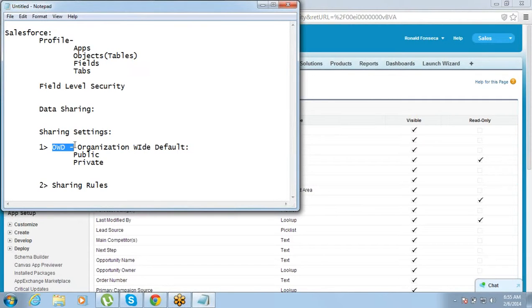In addition to this OWD, sometimes we need to bring in certain exceptions. Let's say the data across the organization is private, but for some time Dharam is going for vacation for 2 months. The rule for the entire organization is that the data has to be private. But because Dharam will not be available in office for 2 months, someone else needs to take care of his data. But that is where our sharing rule will come into picture.